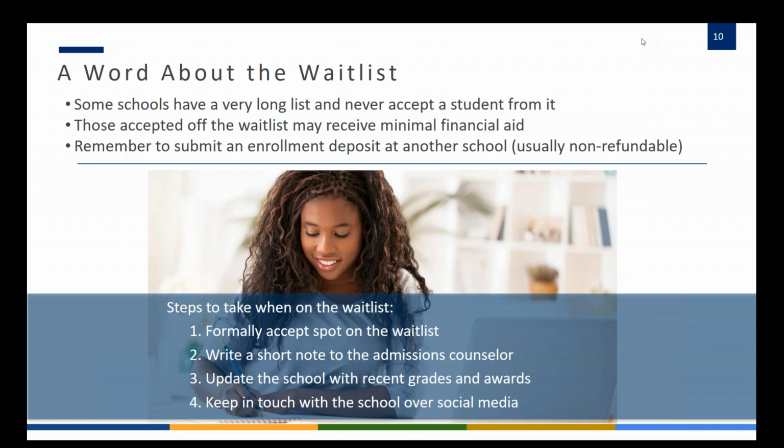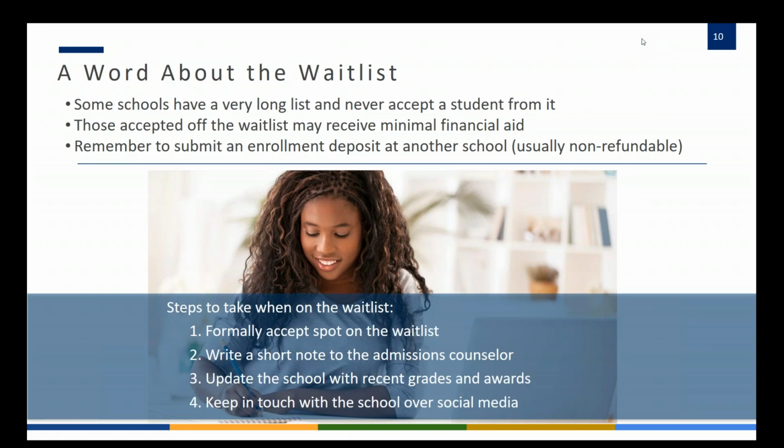The other thing they want to know, and they can ask the college this, they can talk to the financial aid office just to find out if they do get accepted off the wait list, will they be eligible for any financial aid from the institution? Some schools, when they're looking at their wait list, may choose students who do not need financial aid, who might not have a high financial need.